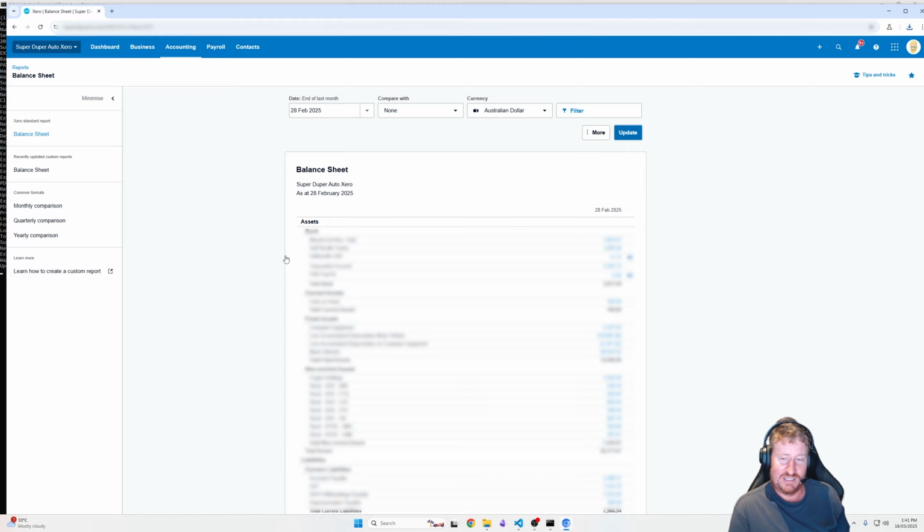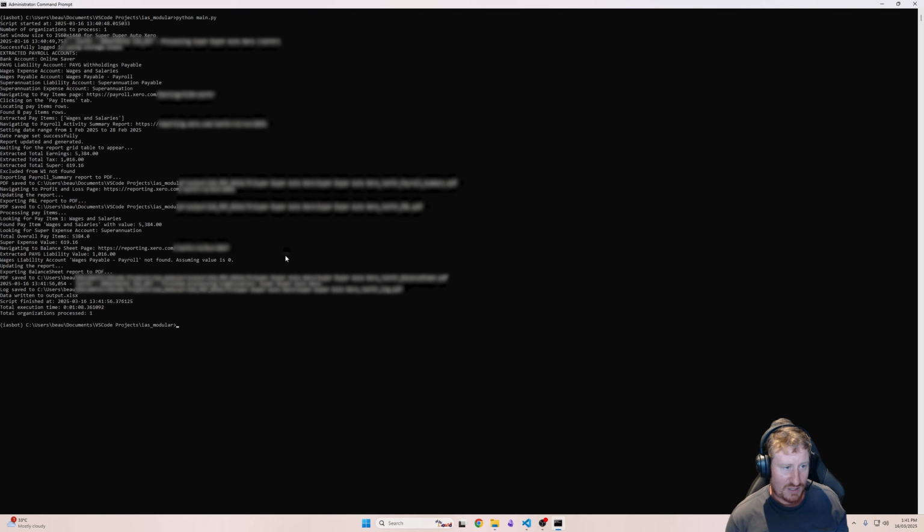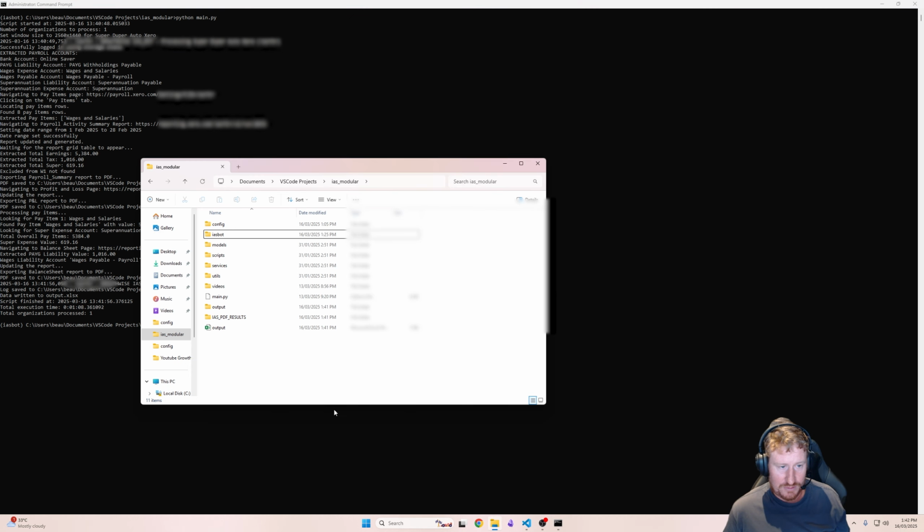Now, you're probably thinking, okay, that's quite simple. Once this closes, I can then go into a little bit more detail of what's going on. As we were downloading all of that data, we're actually doing some cross-checking as well. If you look in the background here, you can see all of what's happening inside the browser with the log that we've created. And if I jump into the actual folder, we can see what's been output by what we've been doing. So if we have a look in the output here,